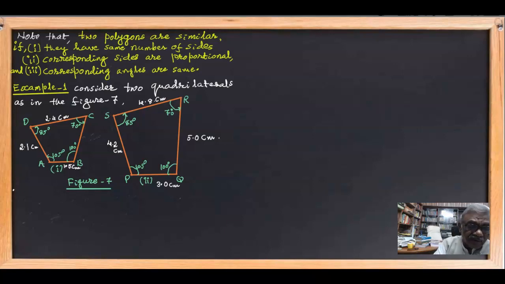Here, of course, this is 2.5 cm, that's CB. And now I am going to say that the quadrilateral ABCD and quadrilateral PQRS are similar